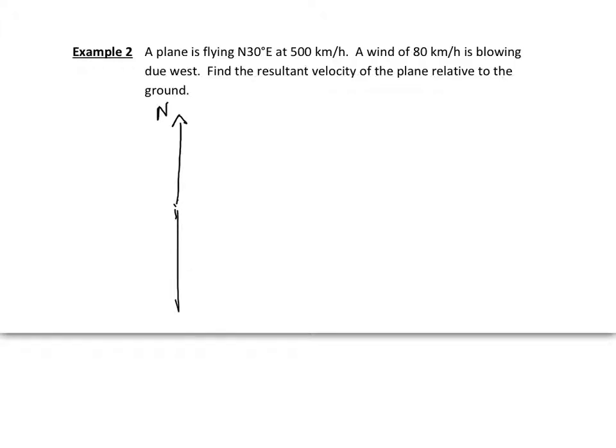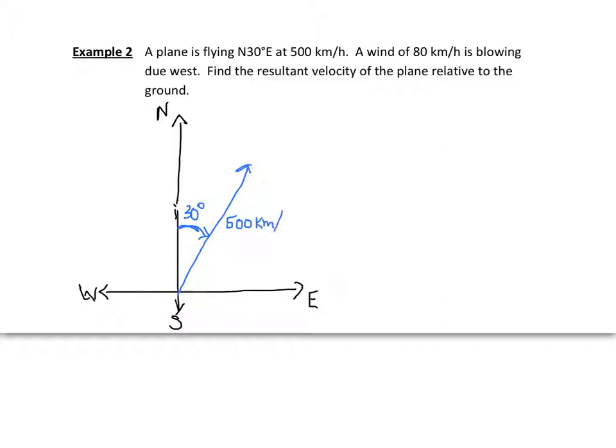Okay, so here's north, east, south, and west. So our plane is flying north 30 degrees east. This would be much better with a ruler, but I can't really do that with my iPad, so we'll just do our best. So north 30 degrees east would be about there, and the magnitude of that velocity vector is